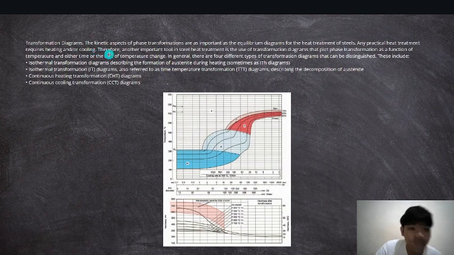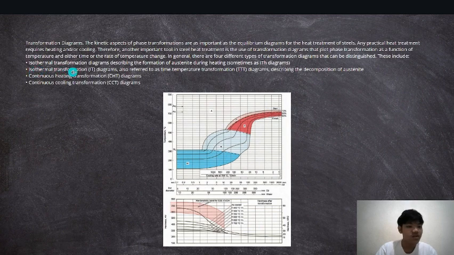Next, transformation diagrams. The kinetic aspects of phase transformation are not included in equilibrium diagrams for the heat treatment of steels. Any particular heat treatment requires heating and or cooling. Therefore, another important tool in steel heat treatment is the use of transformation diagrams that plot phase transformation as a function of temperature and either time or the rate of temperature change. In general, there are 4 different types of transformation diagrams that can be distinguished. They include